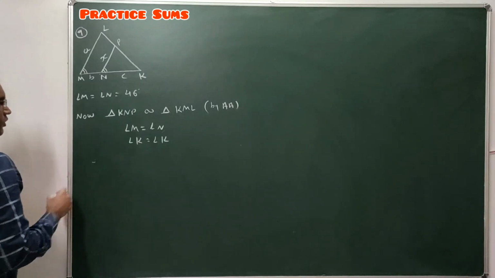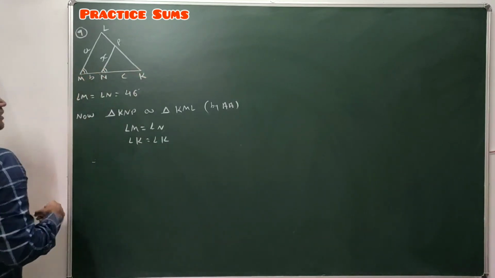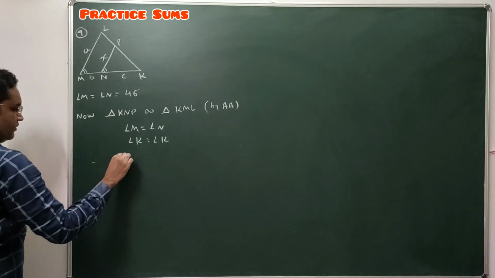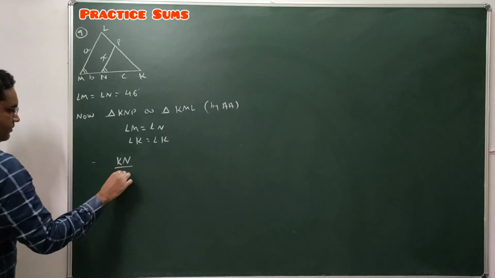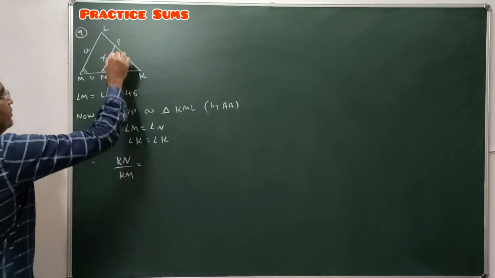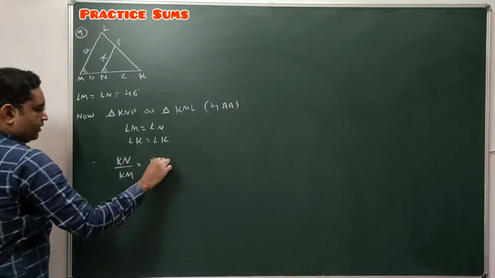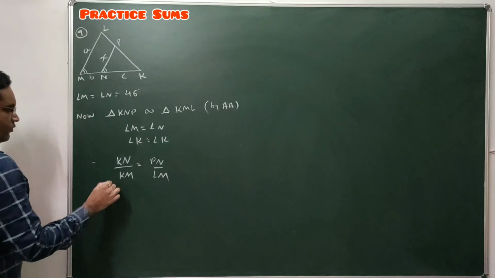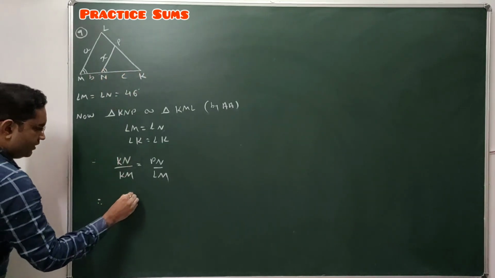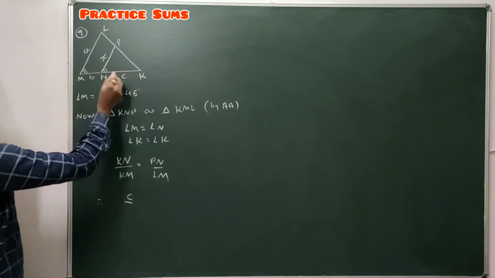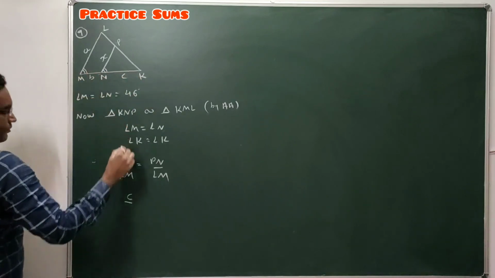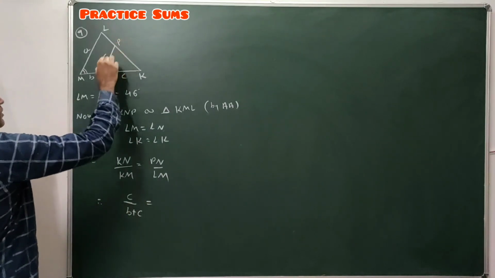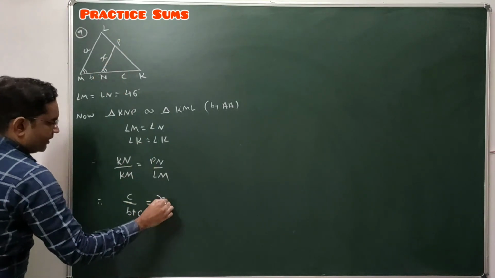So for this similar triangle, what can we write? The ratio of the sides are in proportion. So we can write KN upon KM equal to PN upon LM. Corresponding sides are in proportion. So therefore, what is KN? KN is C upon KM. It's KN plus MN, B plus C. It's B plus C equal to PN. PN is our x and